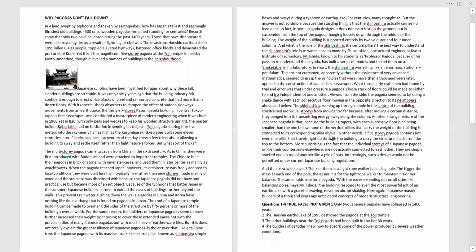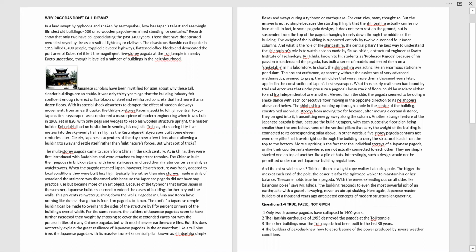You see it here, it says questions 1 to 4 stand for true, false, and not given. You have to see the statements given here, and the first question starts from here. If the statements are true, that means they are equal in the passage. If contradictory, then false, and if there is no information, then it will be not given. This is the exact Cambridge series reading. If you're doing it, you will know your score, which will be your average score in the final. So let's do all the 40 questions together.